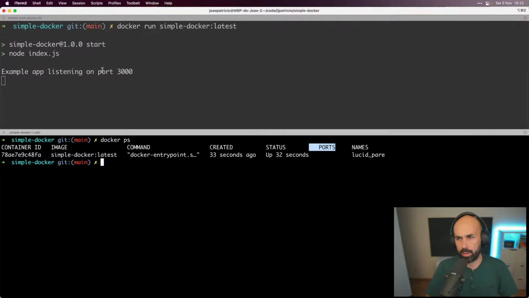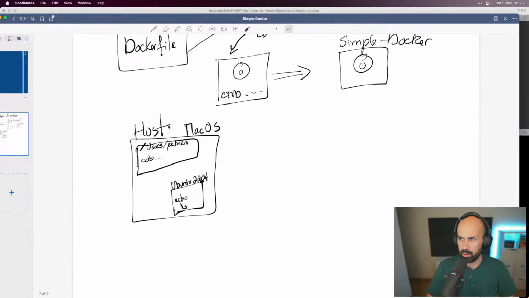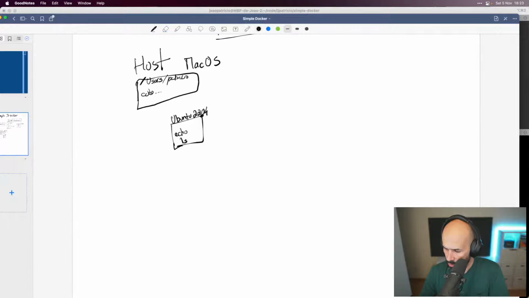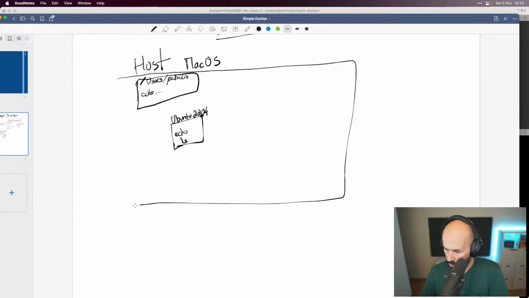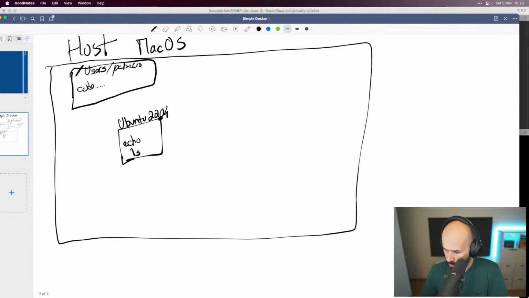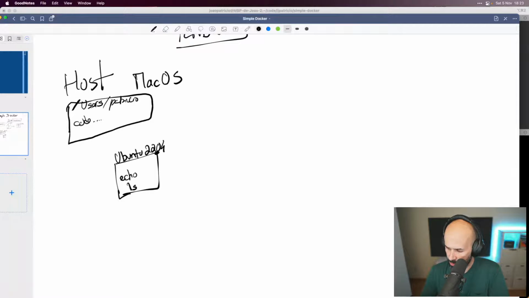because right now we have this example app listening on port 3000, but what does this mean? Right now I will give a little bit more space to our host machine. I will make it bigger, maybe I exaggerated a little bit.